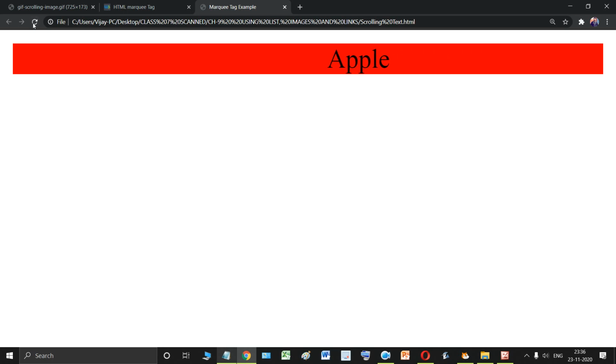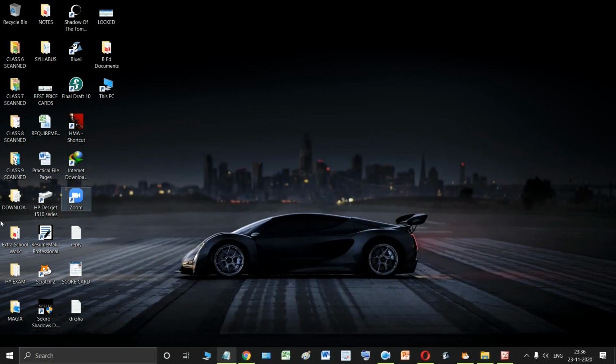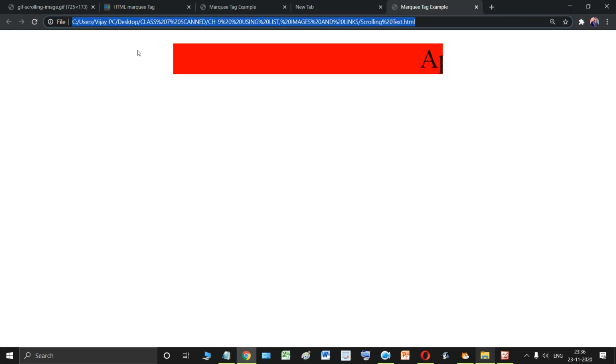I'll just refresh it, or I'll open it again. Wait, so that you can clearly see the difference. Scrolling effect. See, now from here to here, how much space is left? 100 space. Here to here, how much space is left? 100 space is left. I hope this is clear to you.